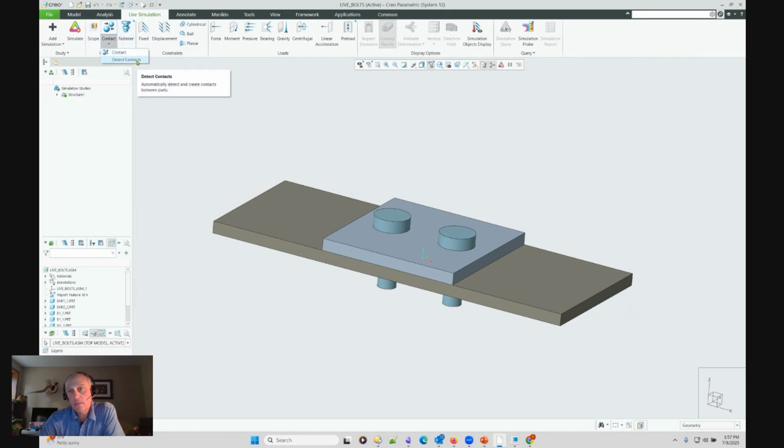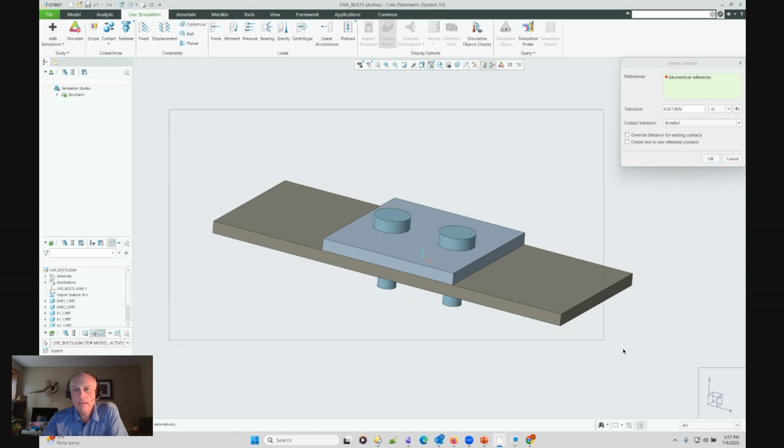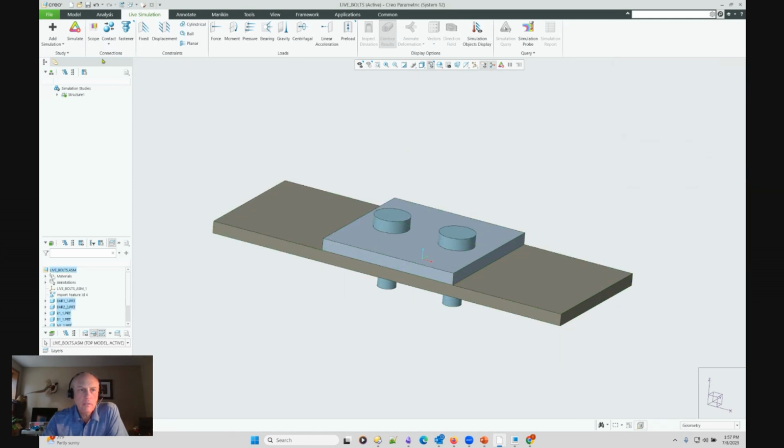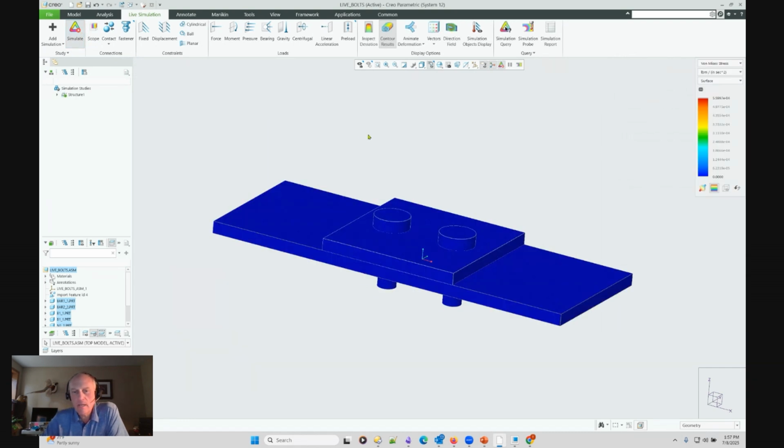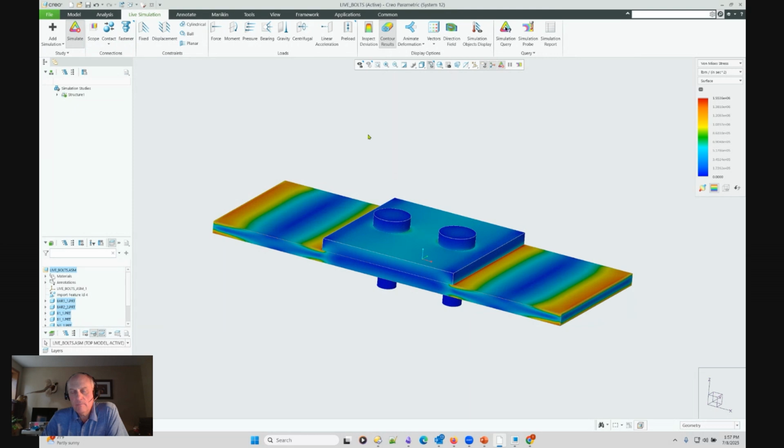And so what that's telling me is in real life, I know that I'm going to have that bolt that's attached to the top plate and holding those two items together. Well, what I need to do is basically say, hey, I'm going to go back and automatically detect those contacts. So then that's going to more accurately simulate what's going to happen in real life, where now I've actually got those items that are going to be basically bolted together, and you see quite a bit of different result there,